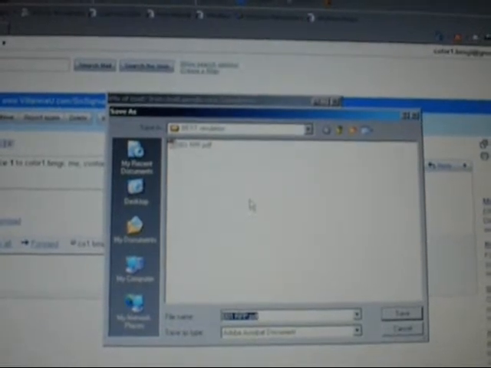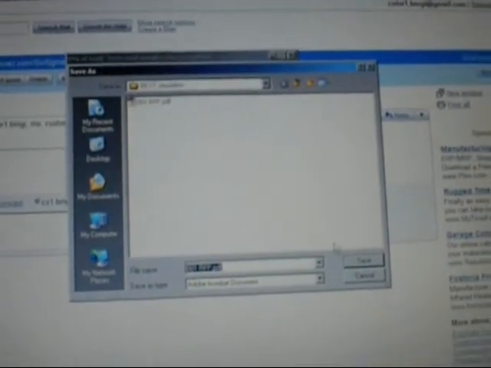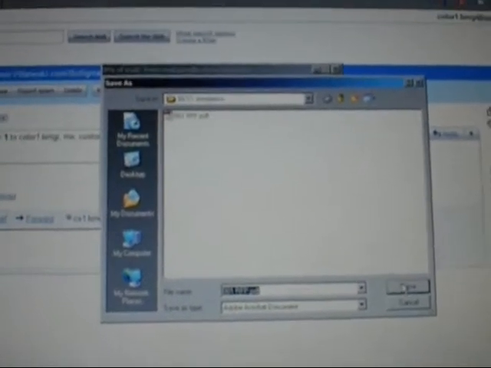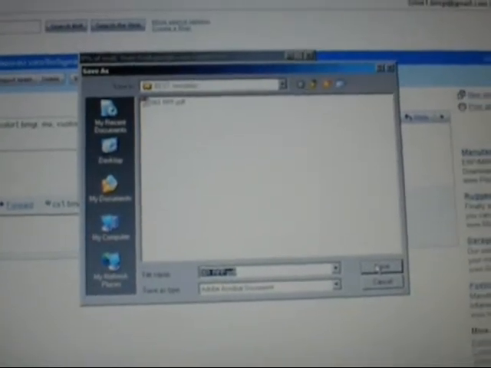You can change the name or leave it the way it is. In this case I will leave the same name. After that you will go back to inbox